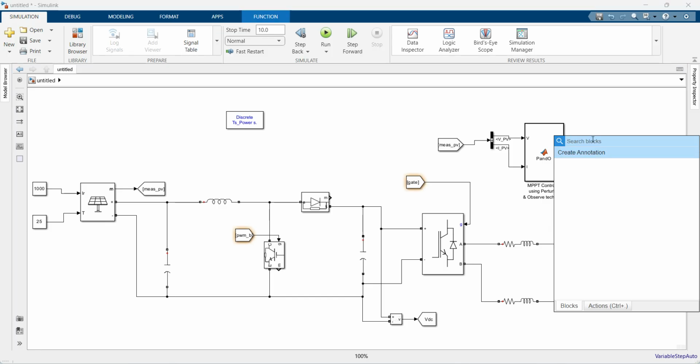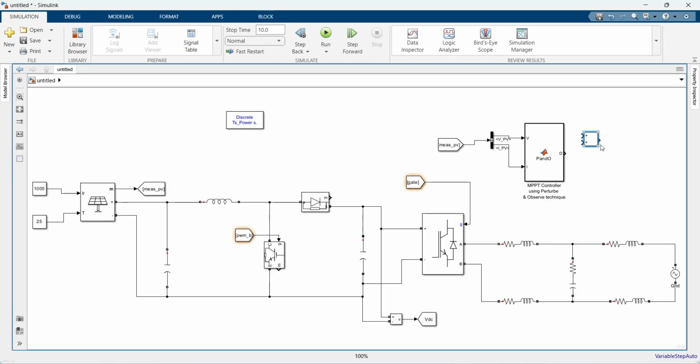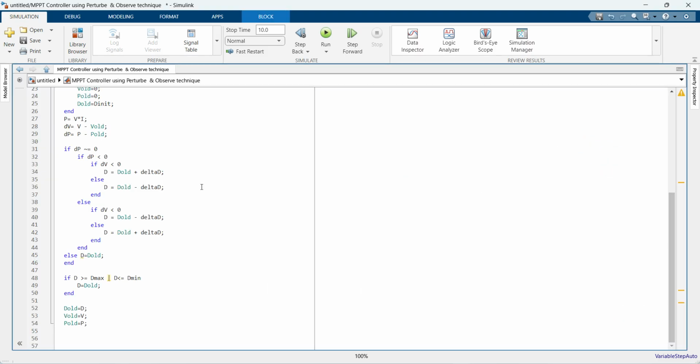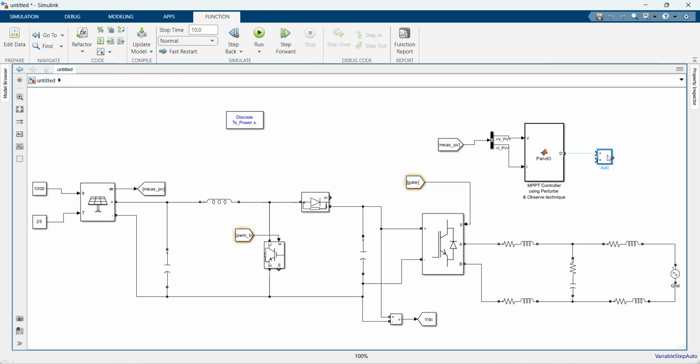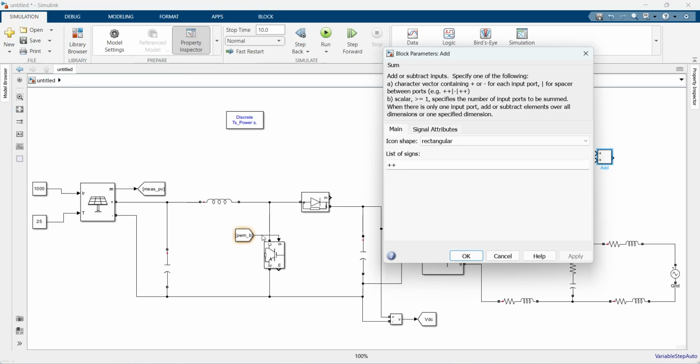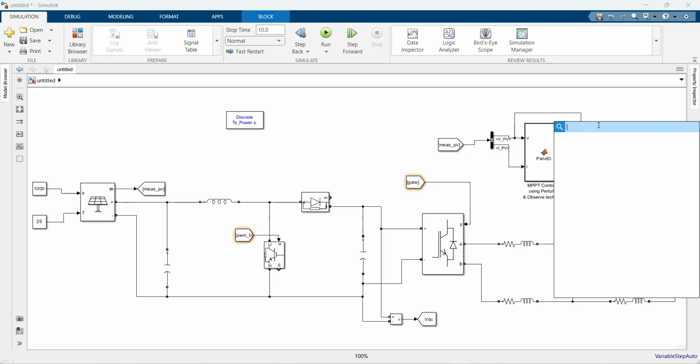So here we need an add block, because this MPPT controller will give us the reference voltage. So to get the pulses for the boost converter, we need to convert this to PWM or gate signal. So this will be minus plus and connected here, and B will be connected here, and then we need a PID controller,